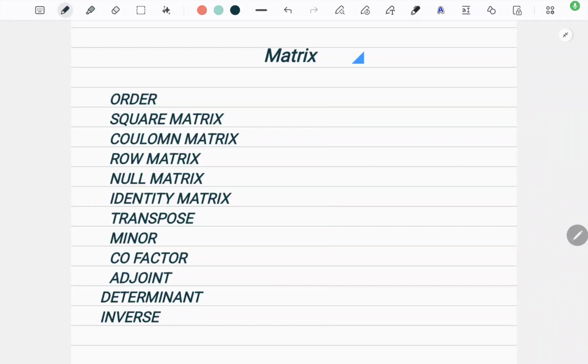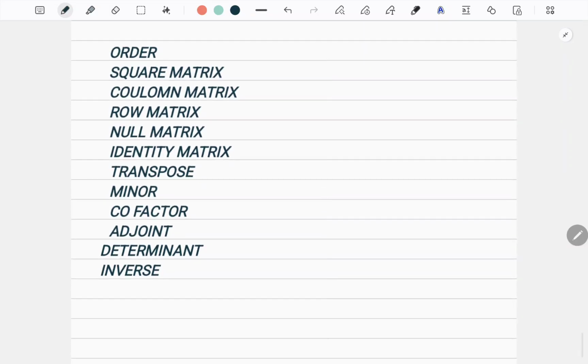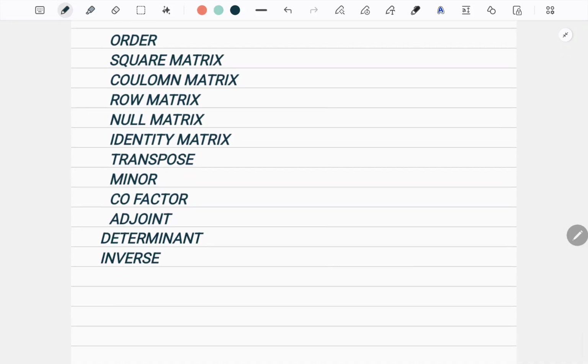Hello students, let us study a very important topic in mathematics called matrix, or matrices in plural form. Now it is basically a type of arrangement. Matrix is a kind of arrangement which helps us to handle many situations, and it has a lot of application because of its properties. So before going into detail, let us first understand what is the basic definition of matrix and how it looks like.